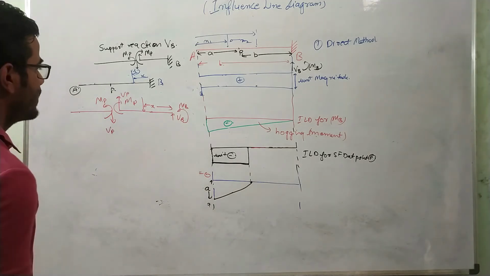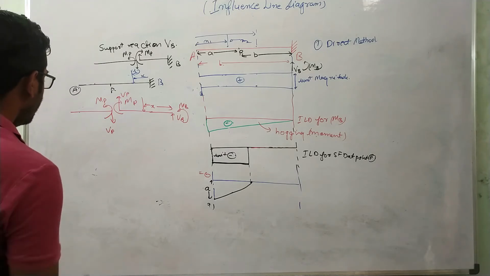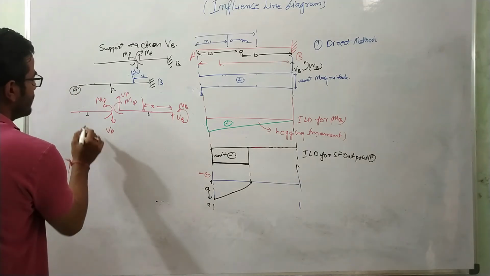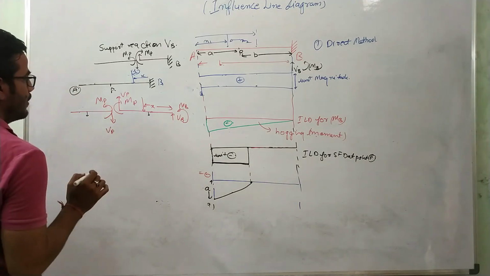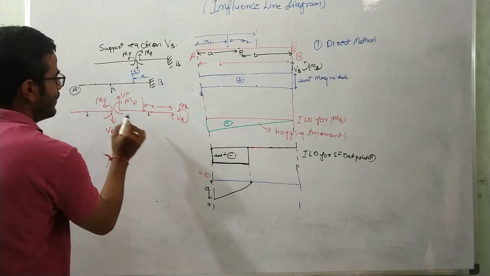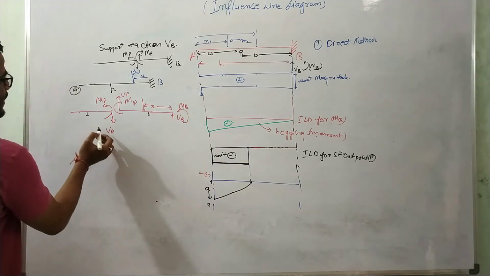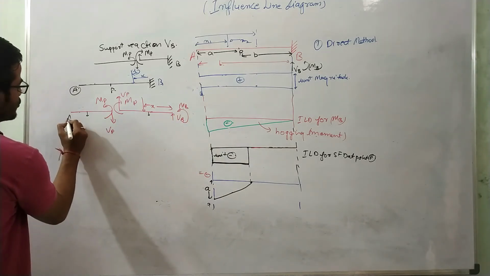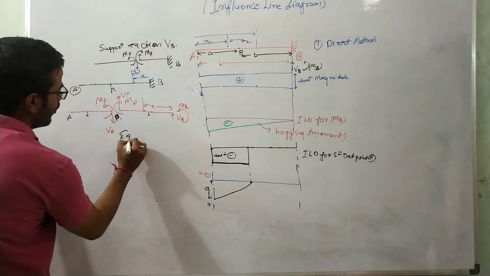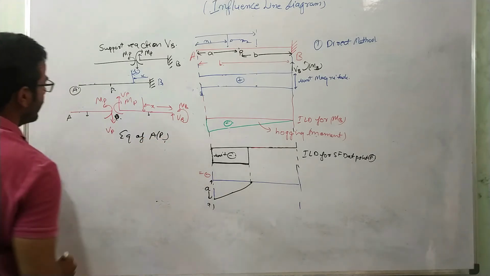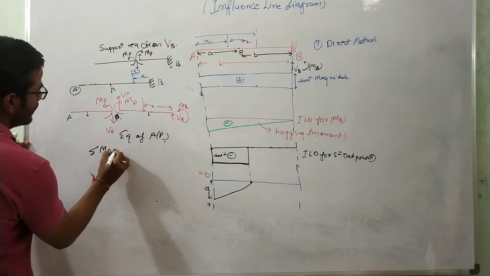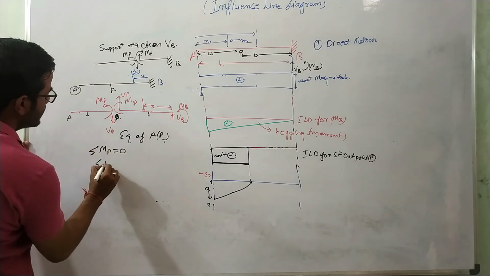So we'll use the equation of statics over here. So what I will do over here, I won't consider this portion of the beam now. I will consider this portion. Why? Because solving this thing is very, very simple. Because if I want to solve this thing, I need to know VP, MP and those things, or VP, VB and MB, okay. But the calculation will be easier if I take this AP portion, okay. So for equilibrium of AP portion, I can write summation M equals to 0 and summation V equals to 0.